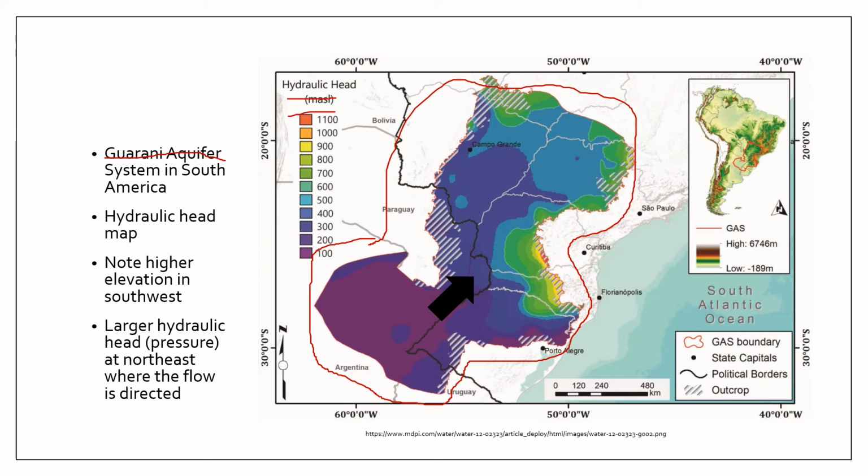Okay, and you can see here that the flow of water is going mostly from southwest to northeast. Okay,